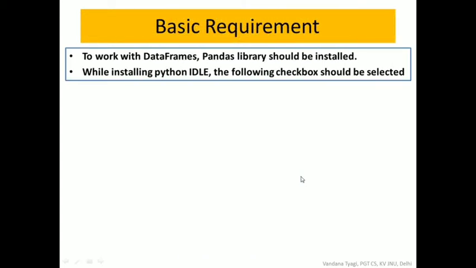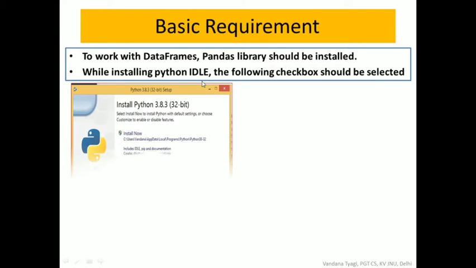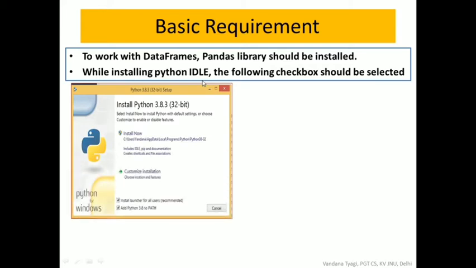Now the basic requirement to start with Pandas is that we have to have the Pandas library installed. Whenever we install Python, ideally we have to install the Pandas library separately; it does not come along with Python. During installation of Python, take care of one thing: the checkbox Add Python 3.8 to PATH should be checked before you proceed with the installation, because otherwise we face a path issue, and any of the Python libraries which we install using the pip command cannot be installed. So this is to be checked, then you proceed with your Python installation.